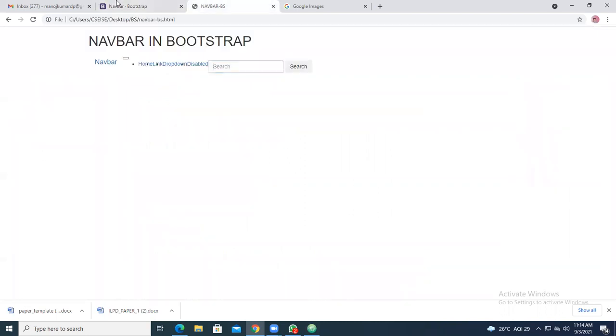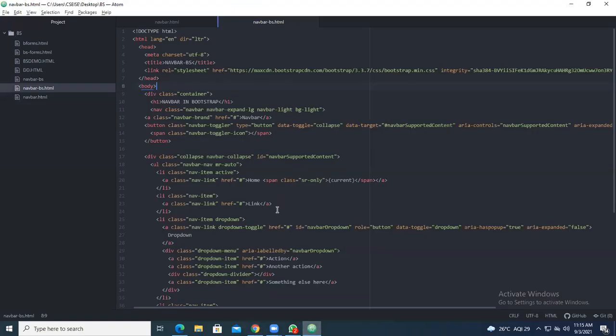But the thing is, you are not getting the spacing and all. The button also you are not getting in green color. It should be in green color because of the type of button we have taken.